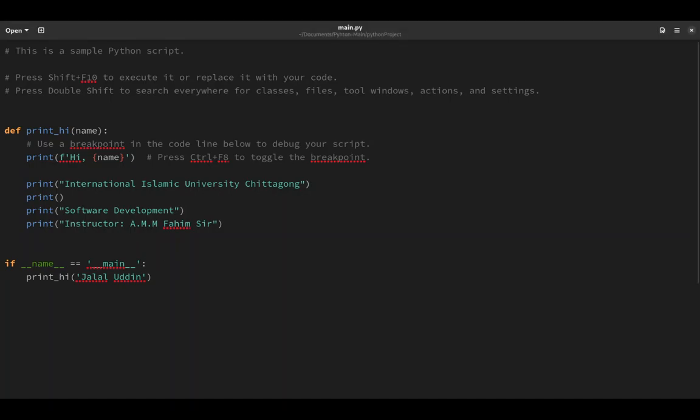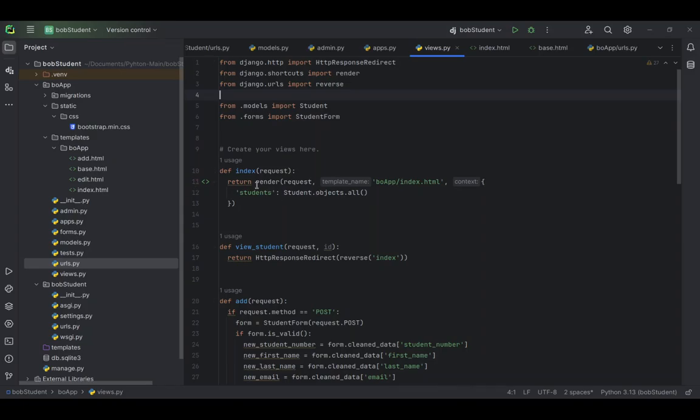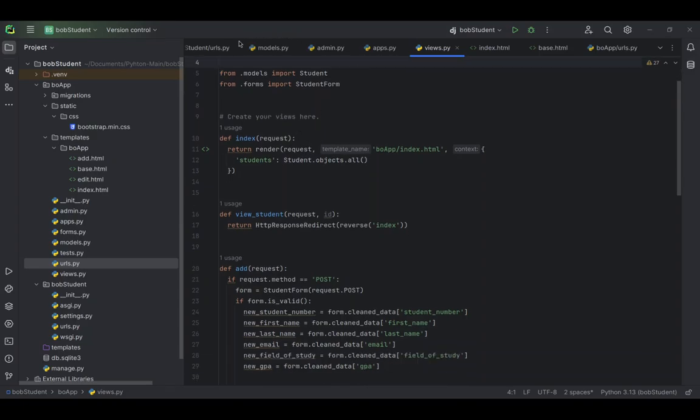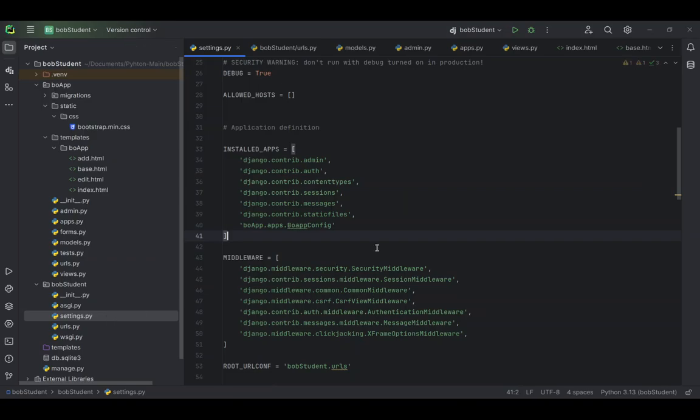Let's get started. So, the first project is a student management system, designed to simplify the task of managing student data. It allows administrators to add, update, and delete student records, offering an intuitive platform for managing information effectively. This project was my introduction to creating practical solutions using Django and laid the foundation for my understanding of the